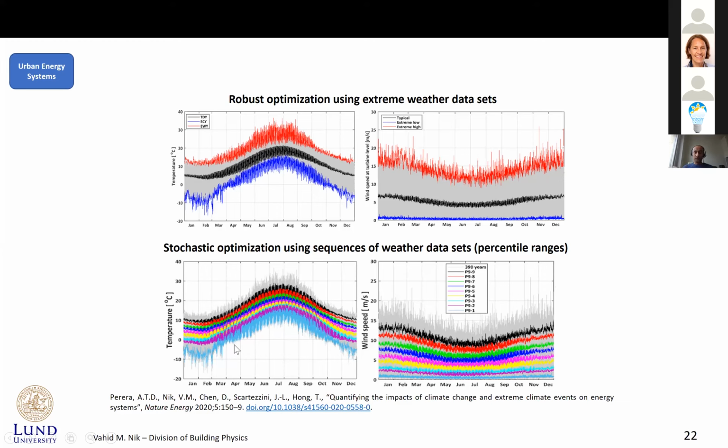And then to account for climate variations, we look into different ranges of percentiles. For example, here we have divided the whole range of climate variations per hour into 9 ranges or 9 sequences. For example, the first 5%, then the second 10%, then the third 15%, something like that. Then by this, we do stochastic optimization. Then the combination of robust and stochastic optimization will give us a picture, or let's say an optimum